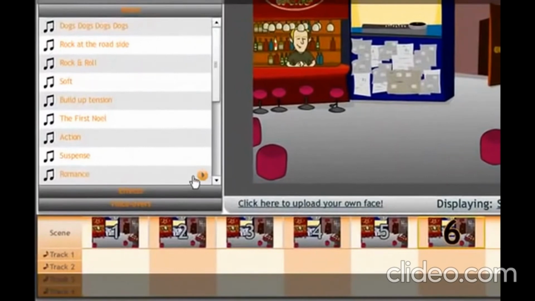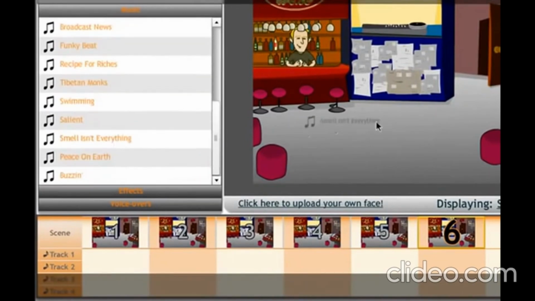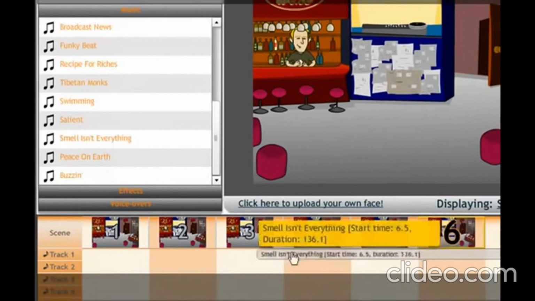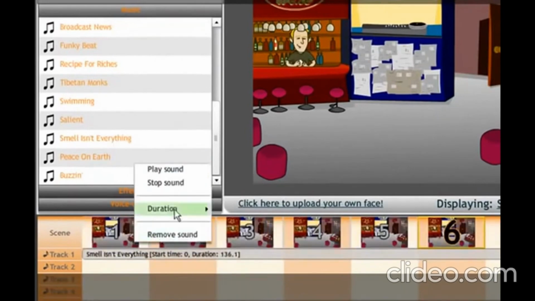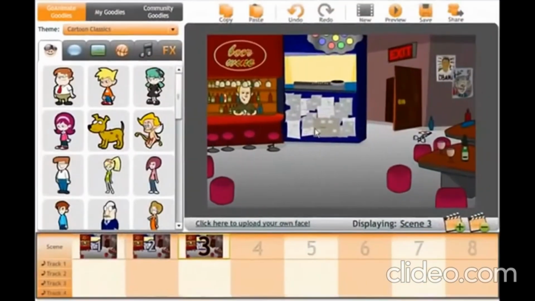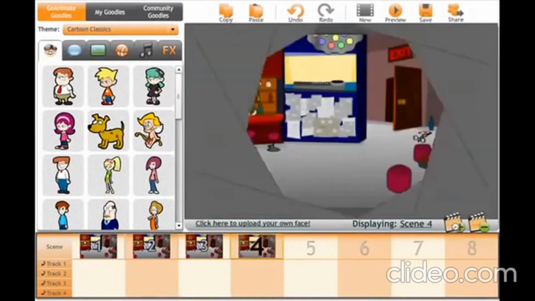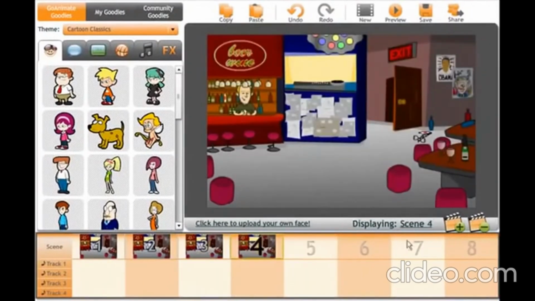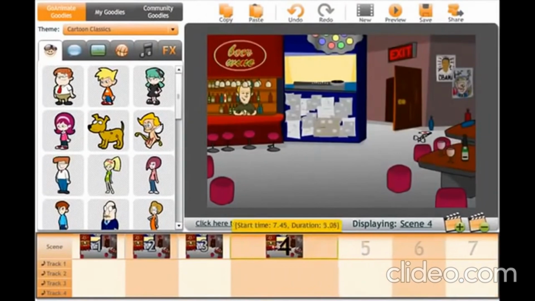Set your scenes to a range of music, from romantic to scary, from rock and roll to militant. The GoAnimate music library holds many options that will constantly be updated. For more complex stories, just add more scenes and continue the action. The more scenes, the longer and more interesting the story.